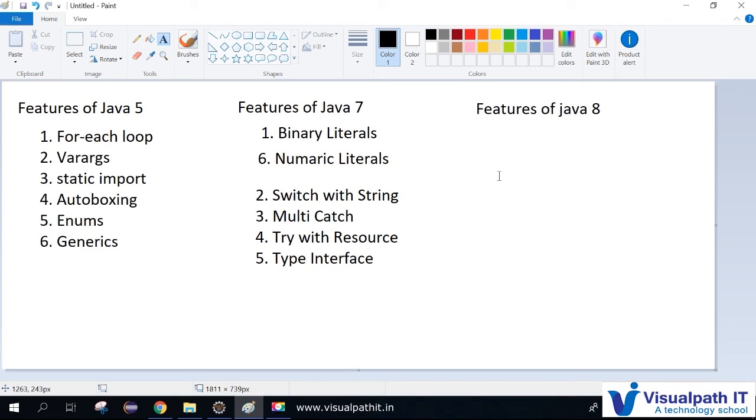I was very much impressed with the Java 8 features because the features they introduced were awesome, and compared to earlier versions, the Java 8 features make your life better. So you don't need to write many lines of code for so many scenarios. So Java 8 features are very much important, and people ask for Java 8 features specifically in interviews. And make sure, guys, the next video tutorial will be very much important.